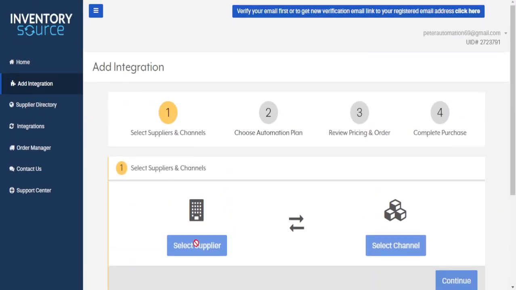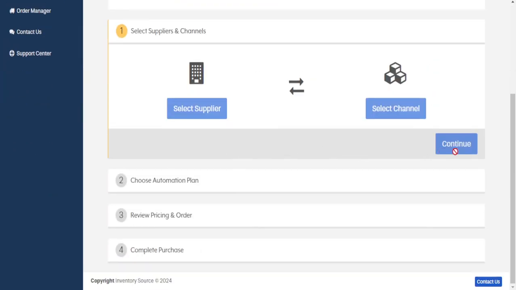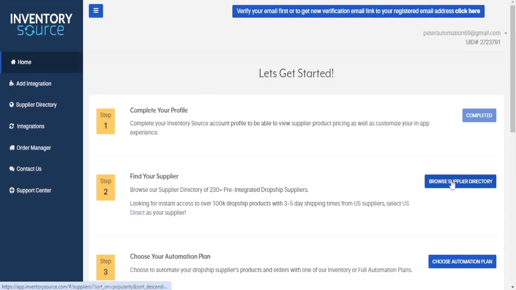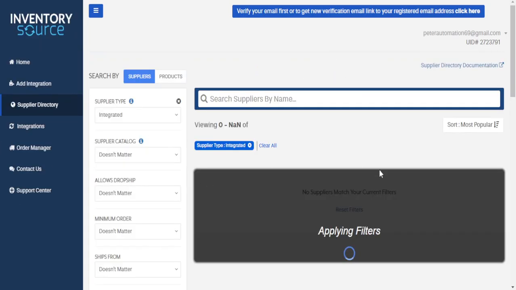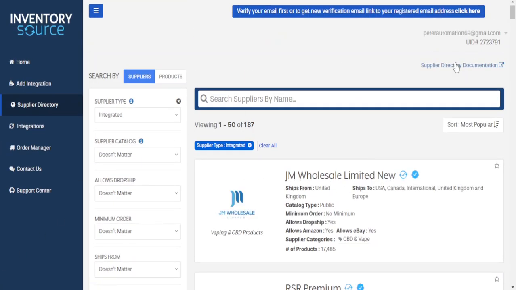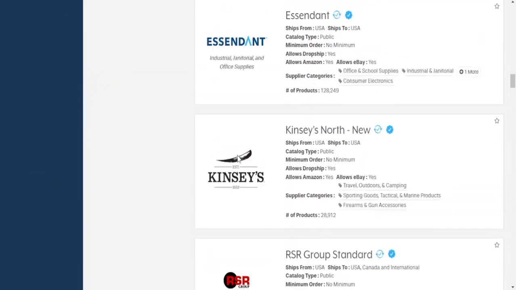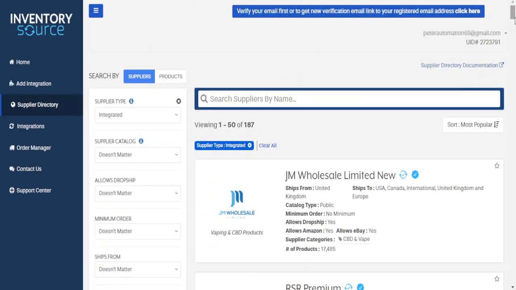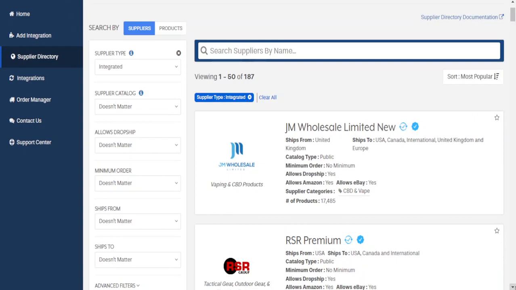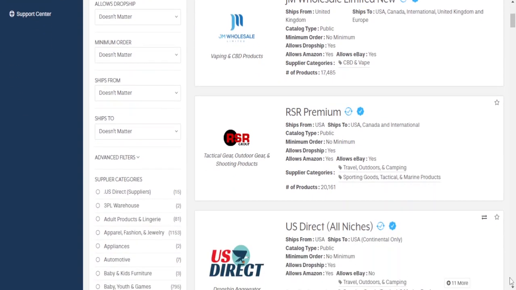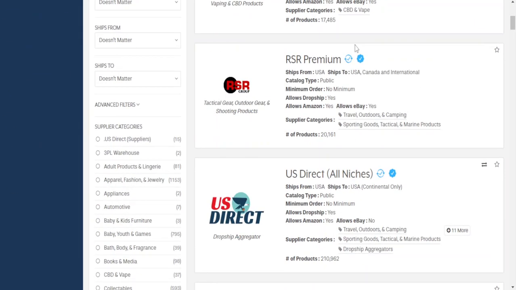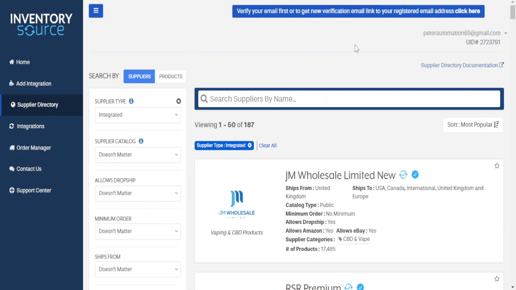So first off we have to select a supplier, but we're just gonna click on this. Here we can see the amount of suppliers, like this GM Wholesale Limited New, the RSR Premium. We can see from where it's shipped, like the GM Wholesale Limited New is shipped from the United